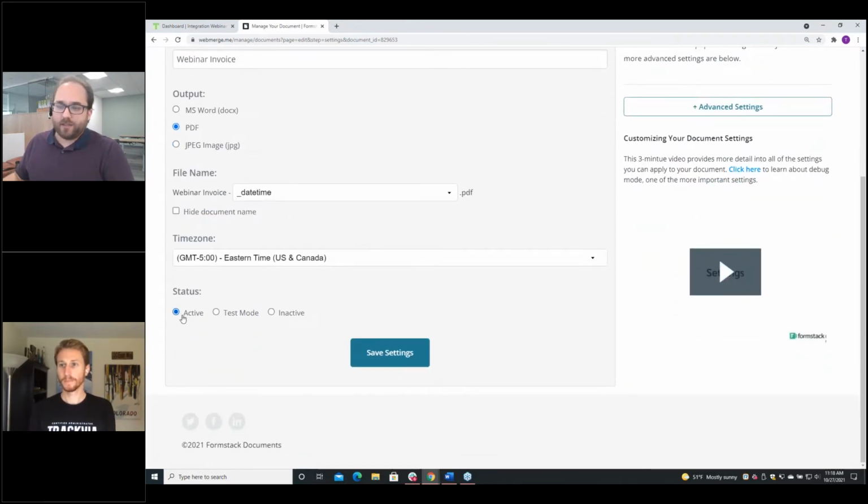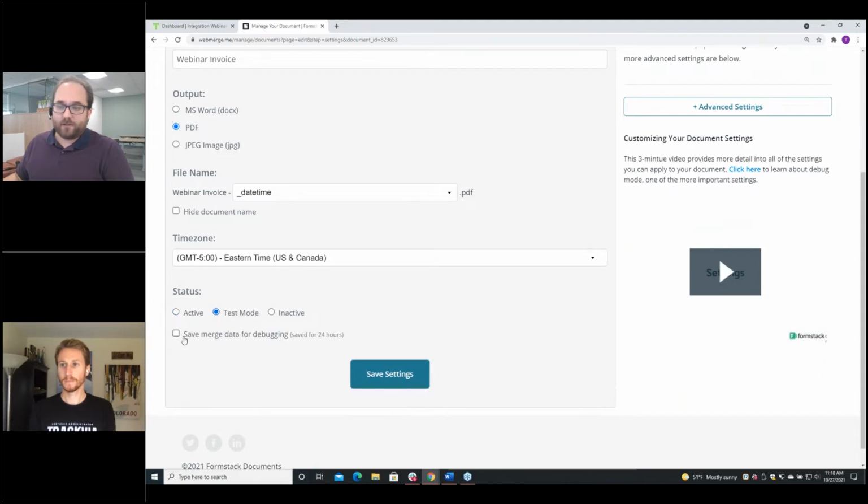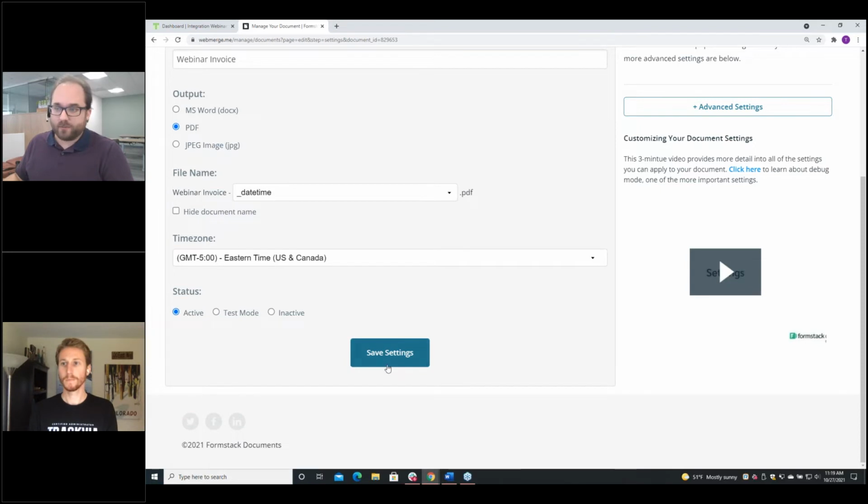You have these different modes here. You have active. You also have a test mode where it'll export all of your data that you send to it. So while you're working on it, it's sometimes good to put it in test mode. It'll watermark the document, and it'll save everything that went into it. So if anything goes wrong, you can go look at those logs. But I'm just going to leave it in active because we should be in pretty good shape.